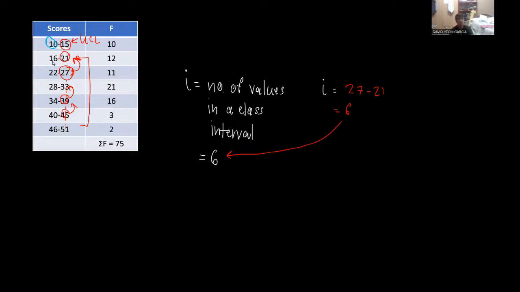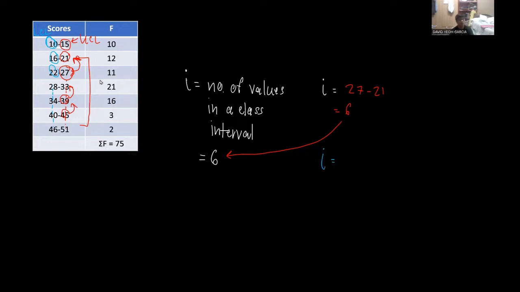So 10, 16, 22, and the rest of these values that begin each interval are what we call the lower class limits. So by getting these class widths,